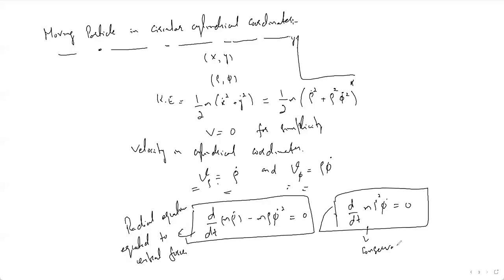So this equation yields the conservation of angular momentum in cylindrical coordinates. We just obtained the two different equations corresponding to rho and phi. I didn't elaborate it for this equation. If you are interested, you can do it yourself, because we have just used the Lagrange equation for this independently, and you will arrive at it in just one or two steps. Similarly we will have this particular equation when we are using the phi coordinate. Fine. So this is the moving particle in the circular cylindrical coordinates.